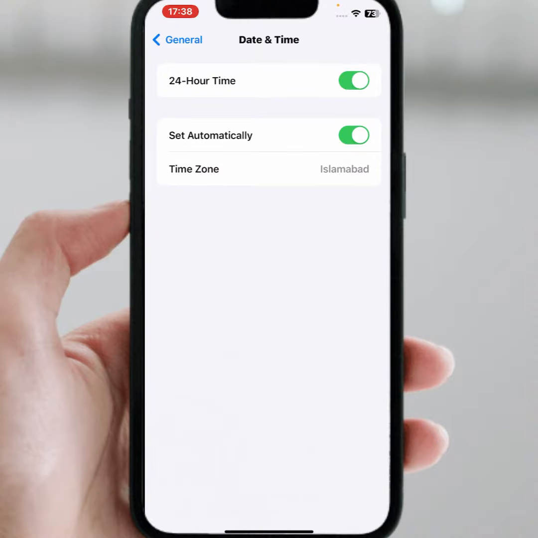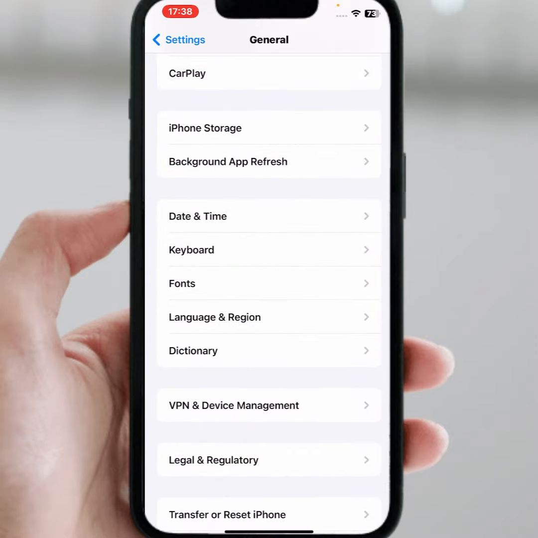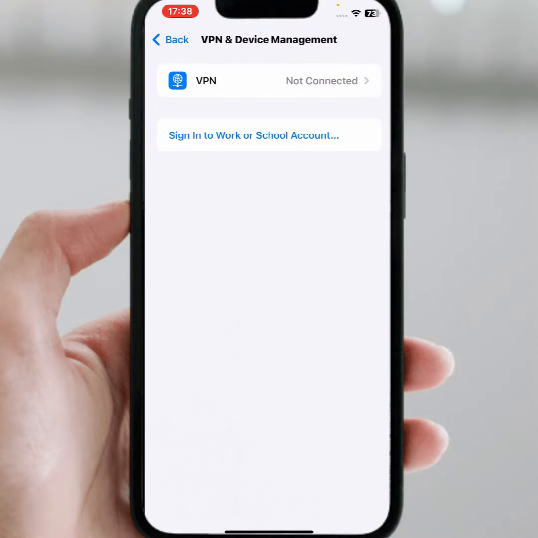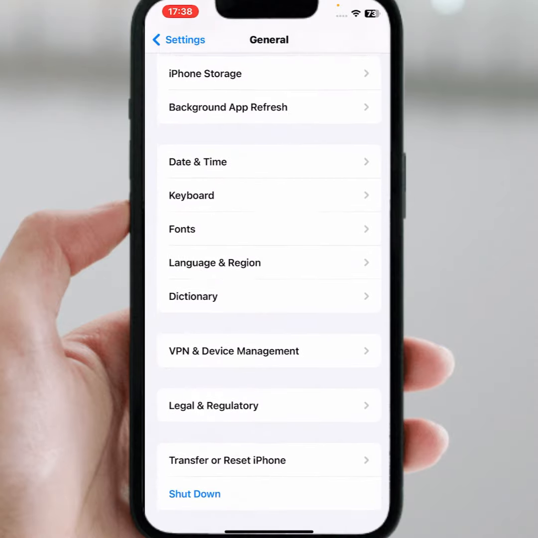From here make sure that you turn on the toggle. If the toggle is turned off, what you need to do is turn on the toggle and set the correct date and time. And after that go back and tap on VPN and Device Management. From here if you are connected to any VPN, make sure that you disconnect, and after that go back,